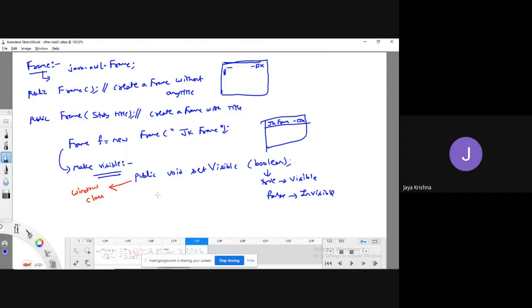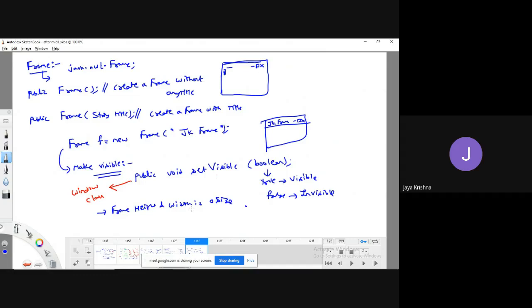One more thing: whenever you create a frame, by default the frame height and width are 0 pixels.